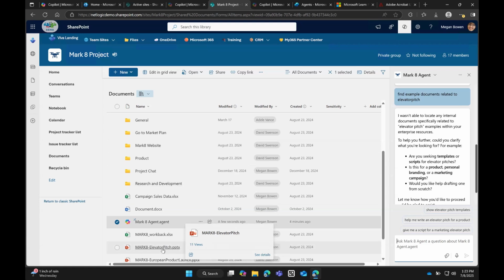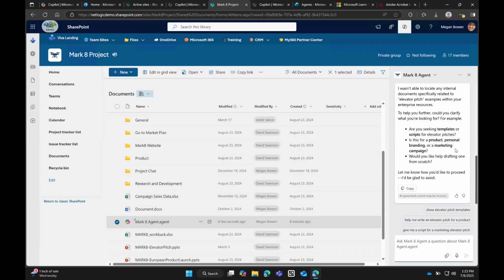Now, within SharePoint, it does a pretty good job of finding all of your different documents, similar documents. What I did on this particular document library where the files are saved is I stopped indexing the title, the name of the documents. So this is where it can really come in handy to have someone that knows how to get into the backend settings, go ahead and look at the library settings to say we now need to index and search the title, which lets you then pull in that information and give the agent tools that it